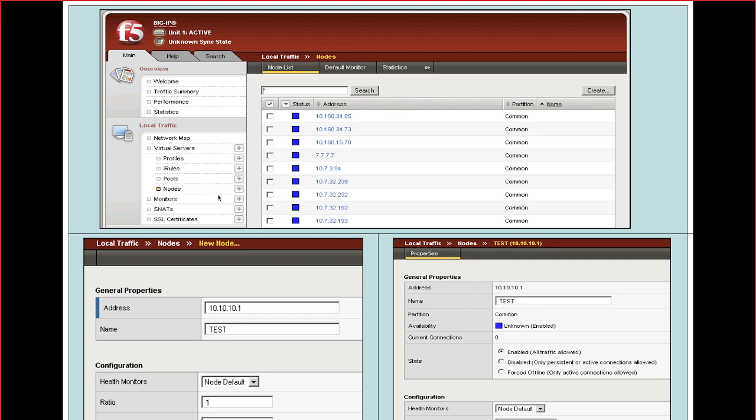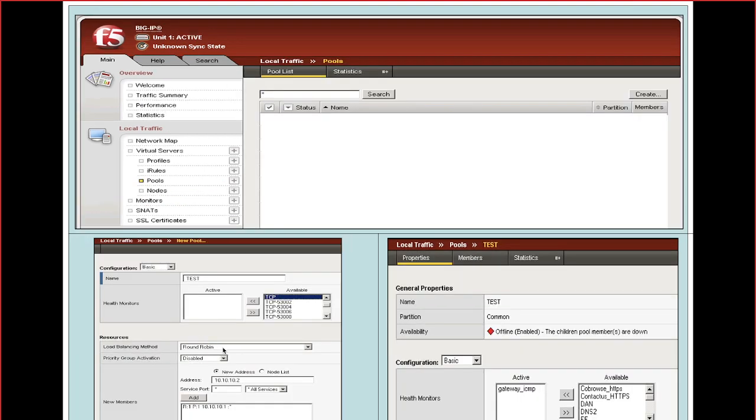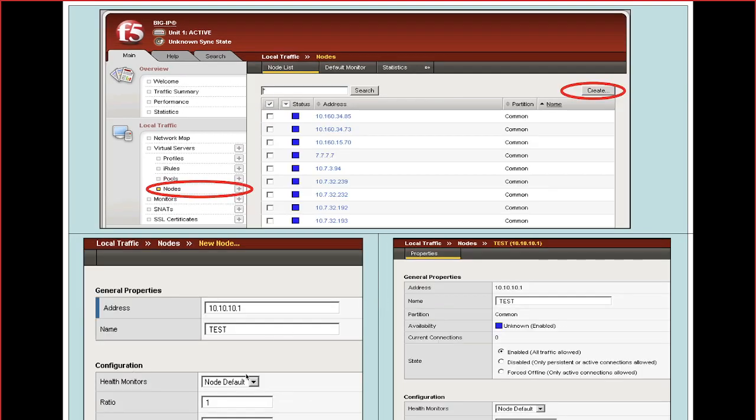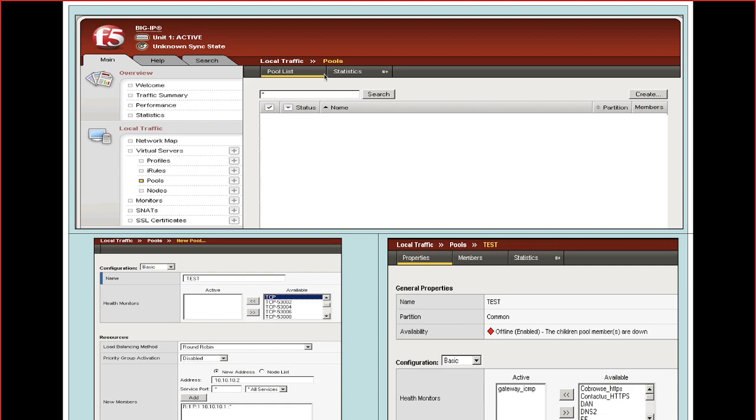Now we have seen how to create this node, and we have also seen how to configure the nodes. We have gone to the nodes and clicked create, and then we'll be able to configure the nodes. We are creating a new pool. In the pool we are just going to be referring the pool members, right? The pool members are going to be added as a new address, or you can also add them as a node list. Keep in mind, this is the older version screenshot.